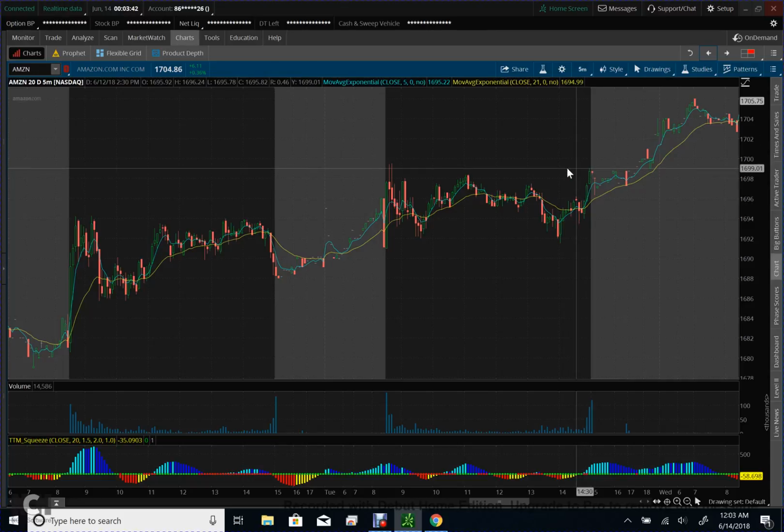So here we go. We rallied after hours yesterday, and then we came up, and we're kind of putting in a little bit of a base here. There's a couple lows here, and then this coming back down right into these lows. 1702 might be a good low based on pre-market data. And then if there's any sort of pullback down into 1699,